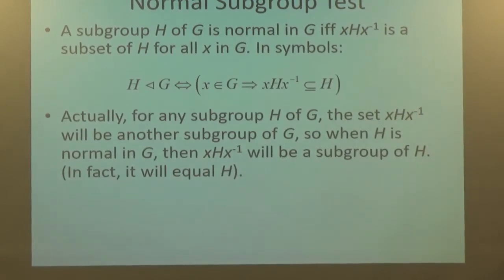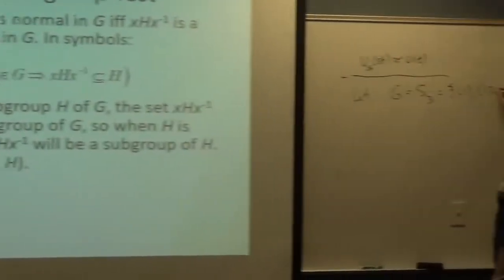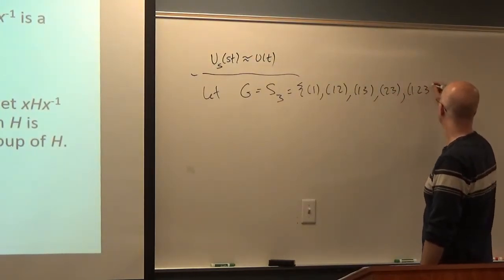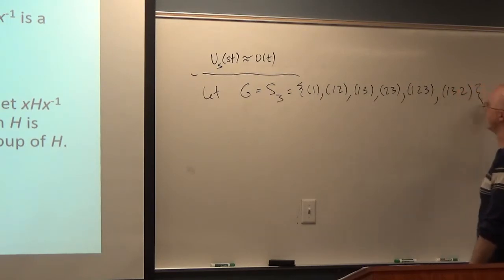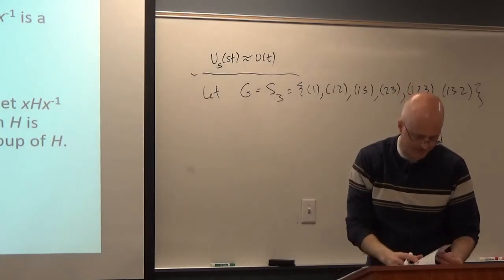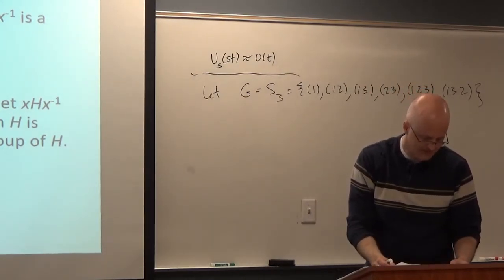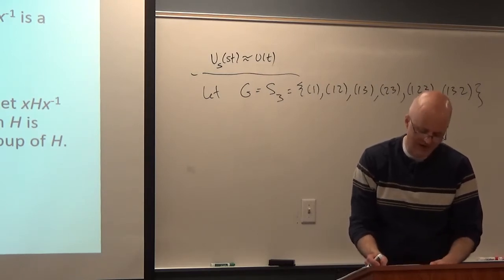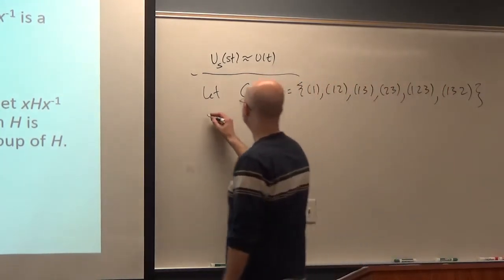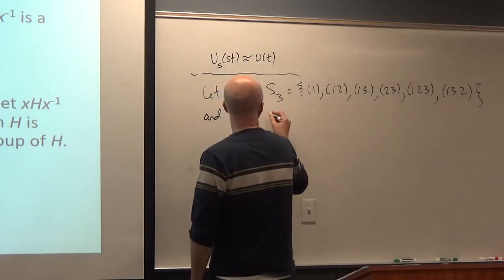Let G be S3, for example. Group of permutations. It's got these elements. Actually, that's not the example I wanted to do. Sorry. Let's go ahead and think about this example anyway, and then we'll go on to an example that's relevant for this one here. And H be A3,